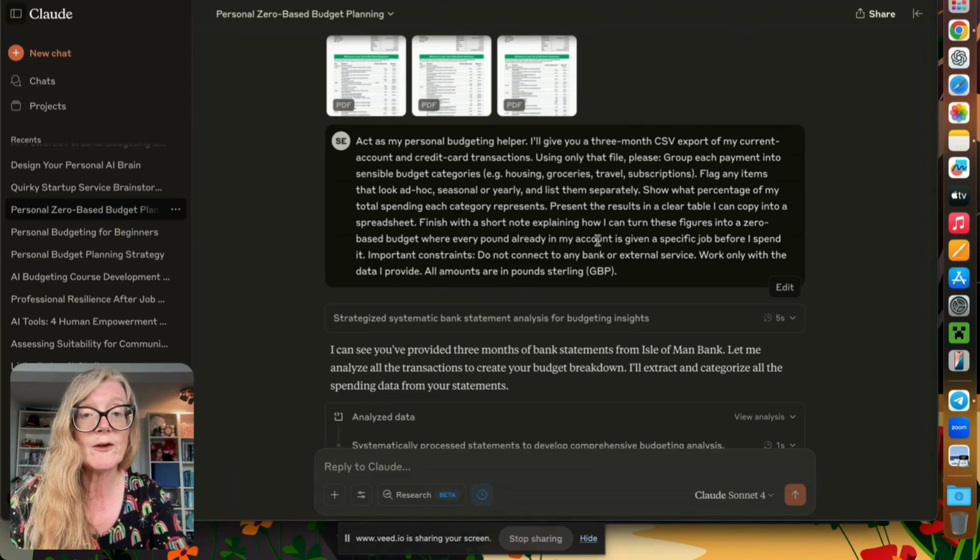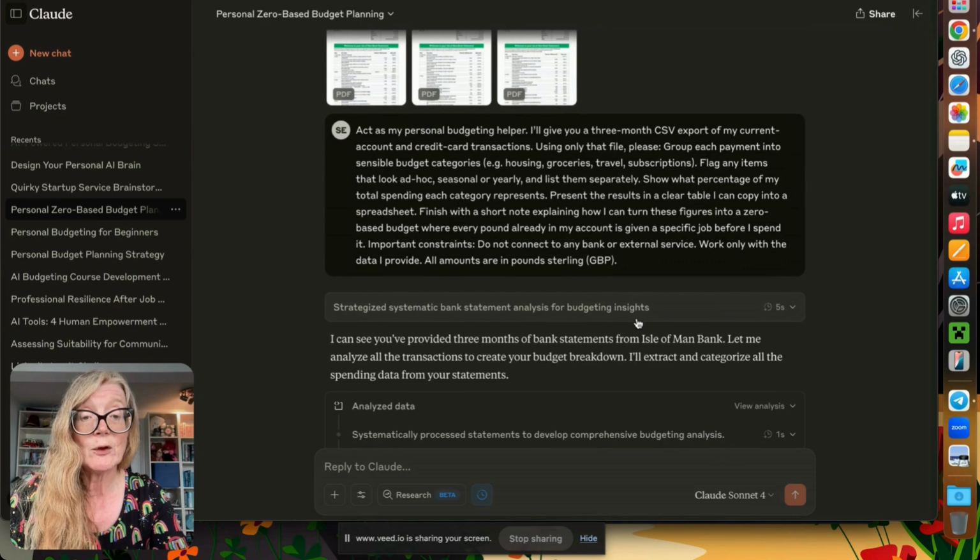Finish with a short note explaining how I can turn these figures into a zero-based budget, where every pound already in my account is given a specific job before I spend it. Important constraints: don't connect to any bank or external service, work only with the data I provide, and all amounts are in pounds sterling. So I fired that off, and you'll see that with Claude Sonnet 4, it takes its